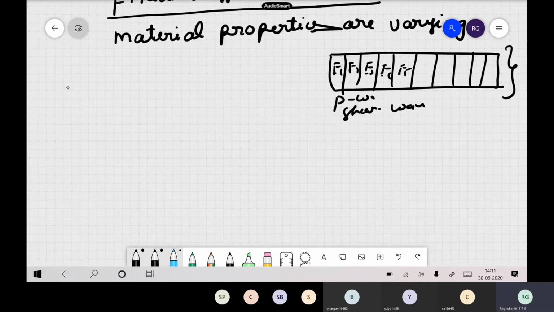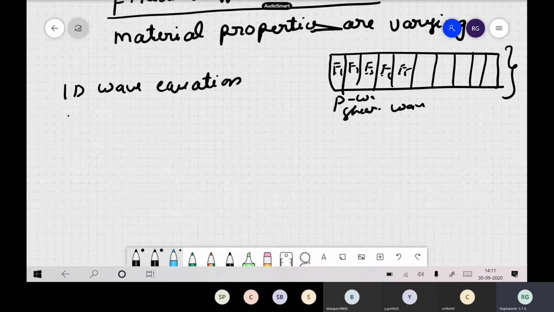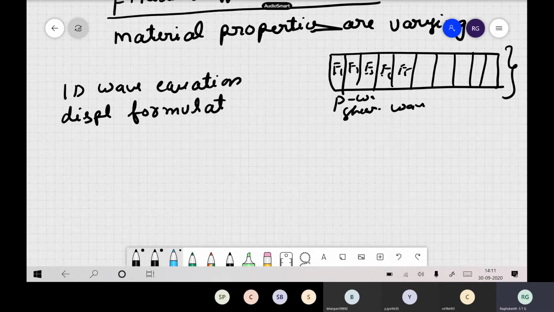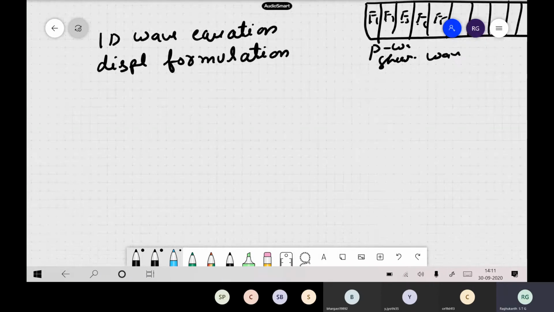Okay, so now let us take the same one-dimensional wave equation, in the displacement formulation. You remember, right? Long back in our continuum mechanics we told that we can solve in three or four ways: one is the displacement way, or displacement stress, displacement velocity stress, then we have velocity stress also. So let us see the displacement formulation.